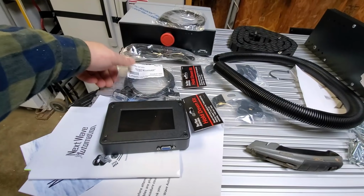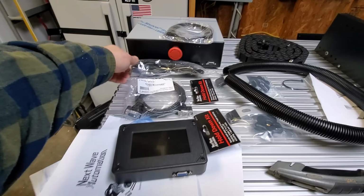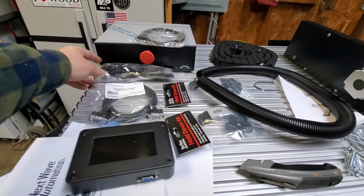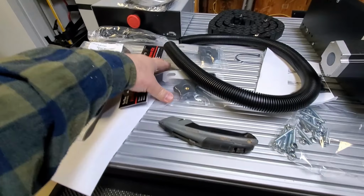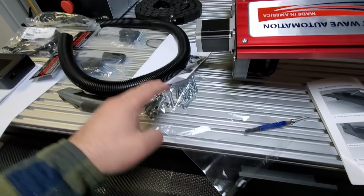I got the controller, the HDMI cable, and it's not the right cable, so we'll voice that over. Pendant, a couple of clamps, a little piece of hose, the track, hardware to mount the gantry,